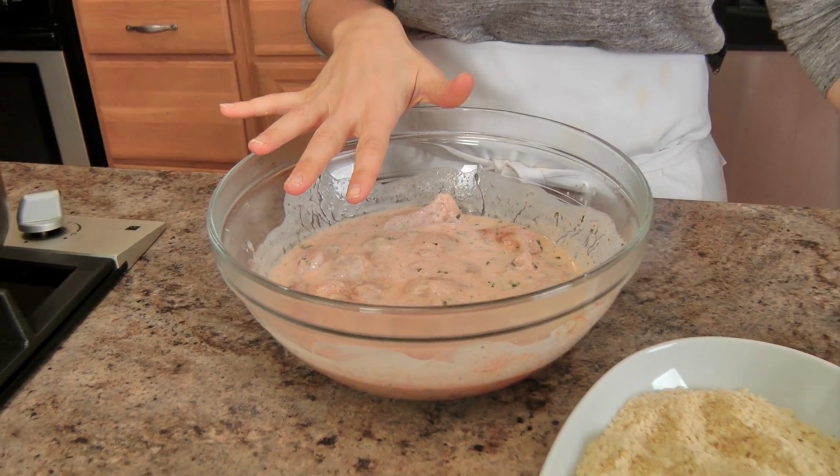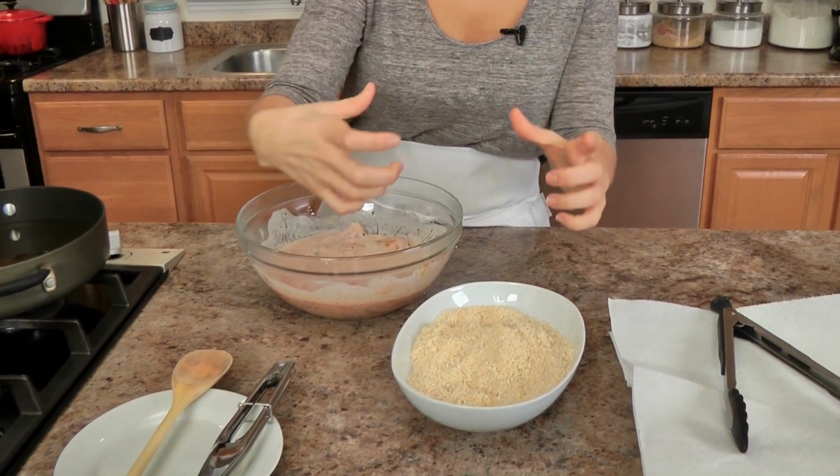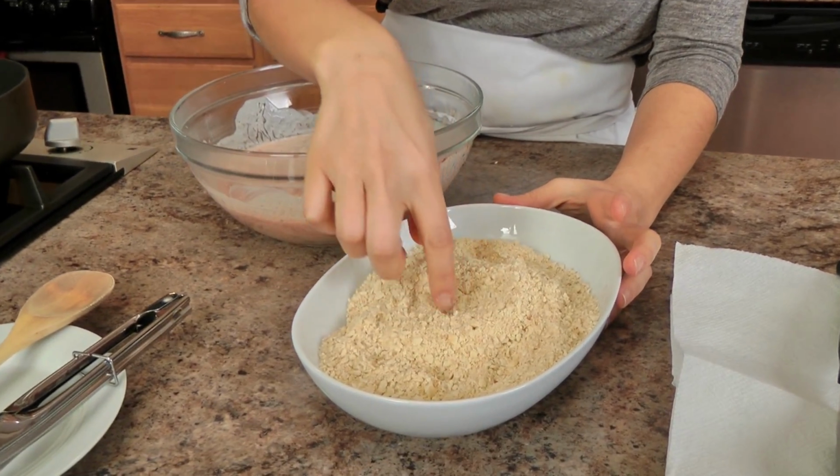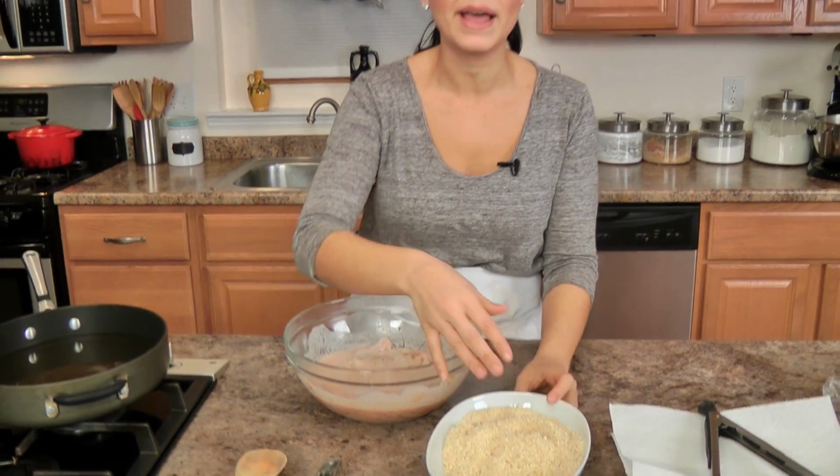My chicken has been in the fridge for a few hours and I'm ready to go. Now what I have here are 2 sleeves of saltines that I pulsed in my food processor until they were mostly fine, but with still some coarse crumbs left behind because they give you really great texture. Now in here, I've got a skillet with a little less than 1 inch